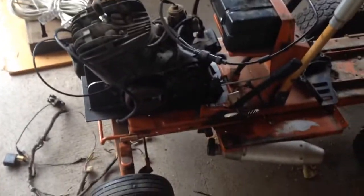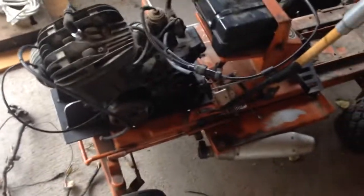The reason why we did the big plate is so we could just bolt the motor on and not have to worry about blowing up the motor, because we can just take the plate off and redo the mounts with a different motor if we have to. Anyway,